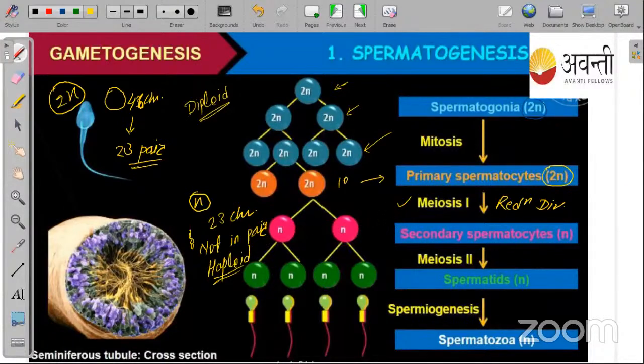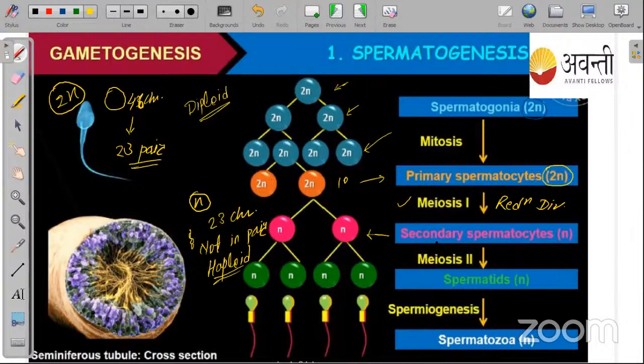ठीक है. So here you can see the primary spermatocyte goes into the meiotic process, and the meiosis process happens only to develop this cell. This cell in the sense germ cell. Okay, या हम बोल सकते हैं sperm and egg cell, उनको ही बनाने के लिए meiosis process का use होता है. ठीक है. And after that this cell, this 2N, is divided into N because this is the reductional division. Okay, and here the secondary spermatocyte gets developed. Okay, again a meiosis happens.